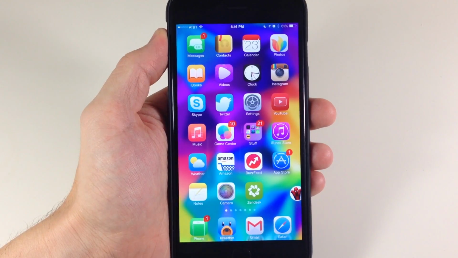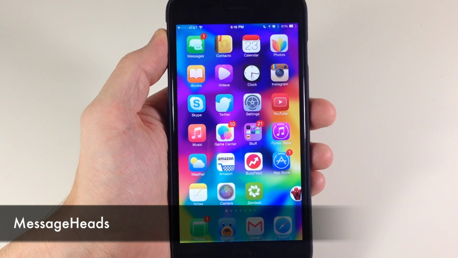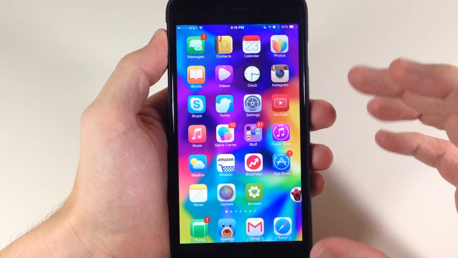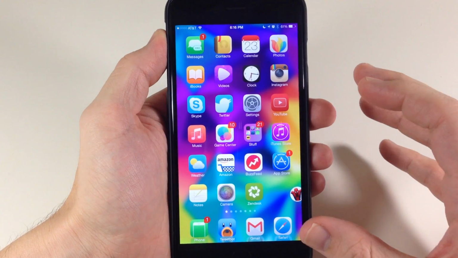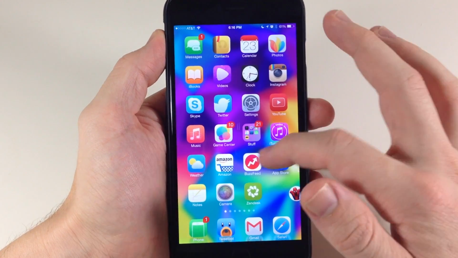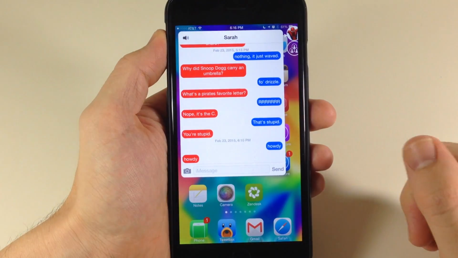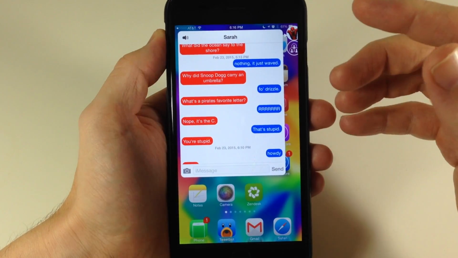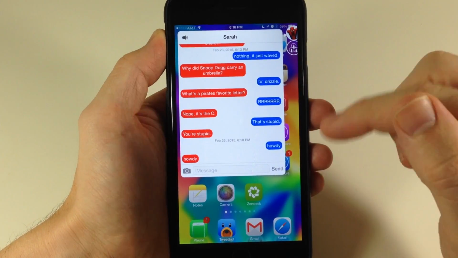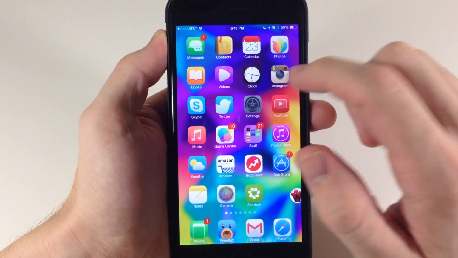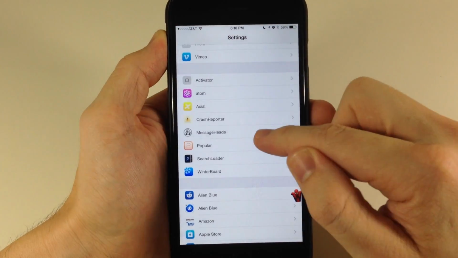Next up, we have a tweak called Message Heads. What Message Heads does, as you can see right here, is it gives you that Facebook style chat heads, except it's going to be for your messages and it's going to be accessible anywhere on your device. So it doesn't matter if you switch pages, if you open up an application, you can see just by tapping on this, we can quickly and easily respond in that conversation just by tapping on that little chat head right there, or message head. So if we go into our settings here and we go down here to message heads,